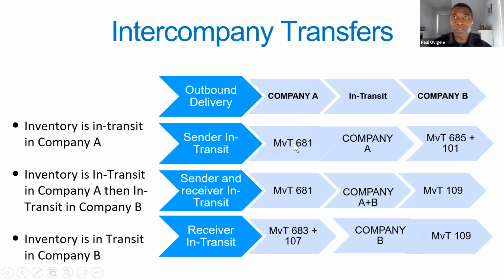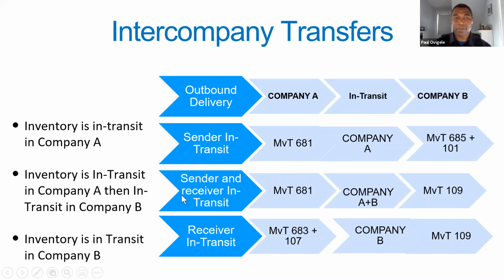So the movement type, this business function actually activates new movement types that don't exist if you don't have this functionality. Most of the movement types begin with 6.8 something, right? So the sender does the usual process, but the movement type 681 is activated. It's still in company A's in transit, and then at the point, and I'll mention what that trigger is, at the point that company B does this movement 685 and receives it into inventory. So that first scenario is when the inventory is going from company A to company A's in transit and then